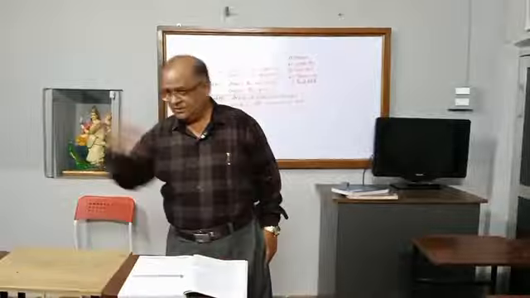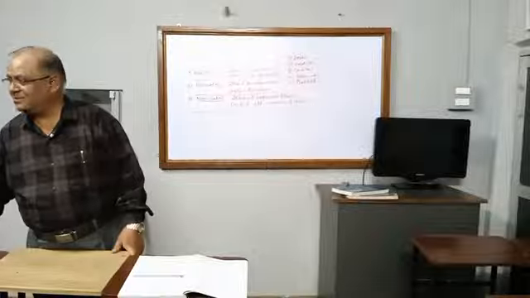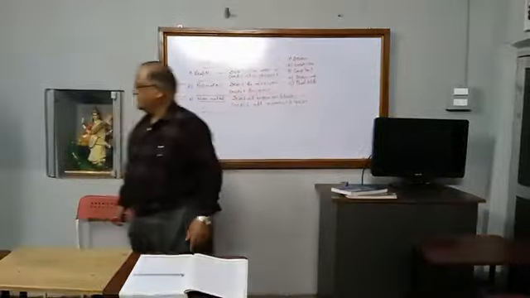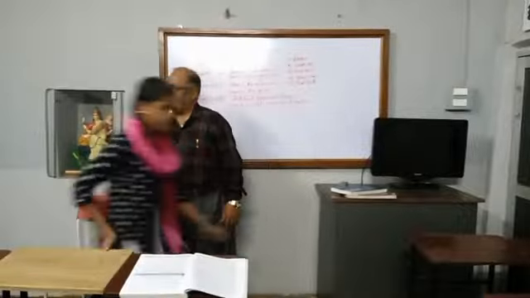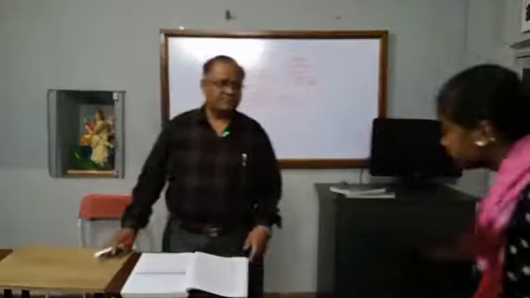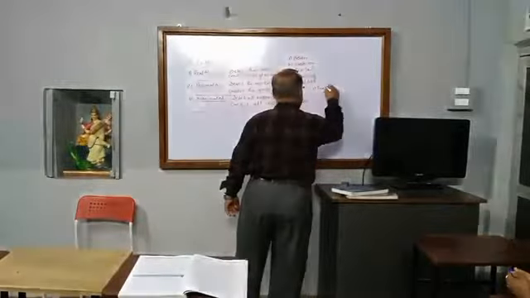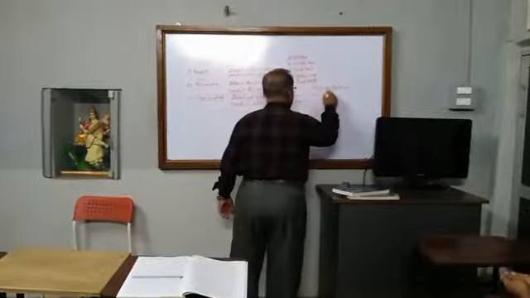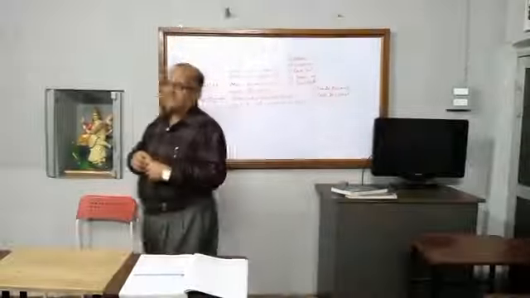If you purchase goods from me for 10,000 and I say please pay 9,000, you enjoy a discount of 1,000 rupees. Correct? It is a concession, an allowance given by the seller to the buyer. It is called the discount. Discount is of two types: one is trade discount and another is cash discount.